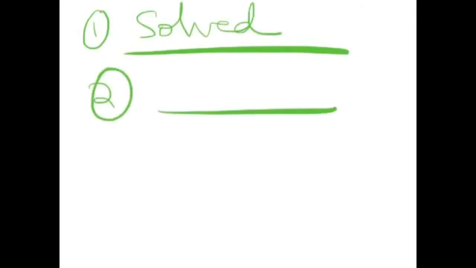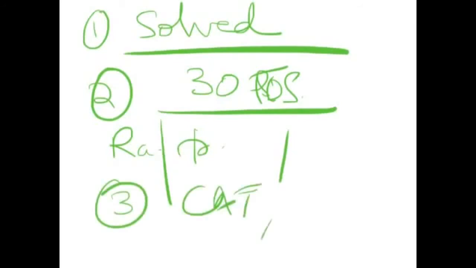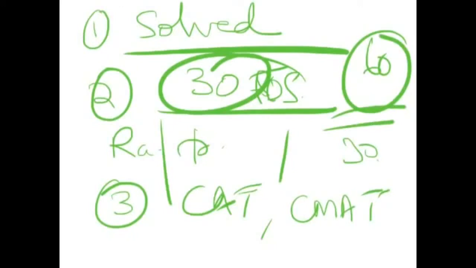Day 2, try to do around 30 questions of time speed distance. Maybe divide them into all these concepts: the races, questions on trains, questions on boats. Fine. Third day, pick up CAT questions, questions of the level of CAT or CMAT, and try to practice those questions. So 30 questions here, 30 questions here. So probably after 60 questions, you will get some confidence in the topic. Practice some questions at home so that you become more and more comfortable.